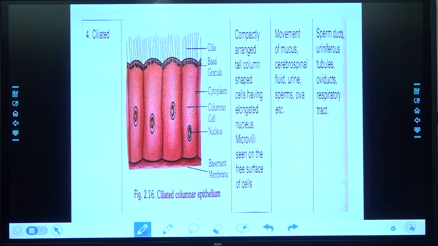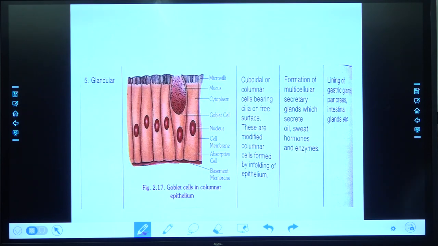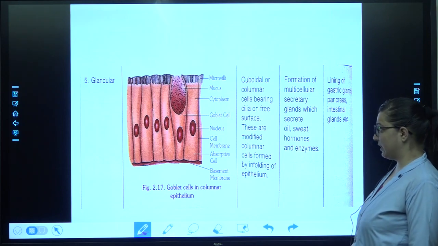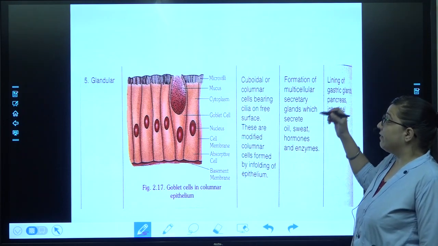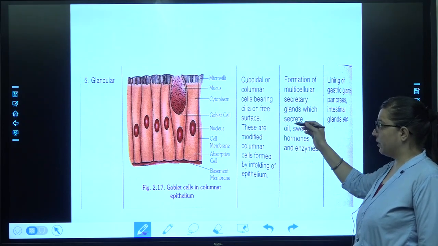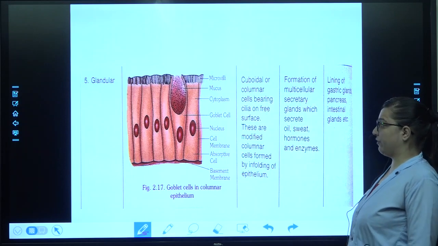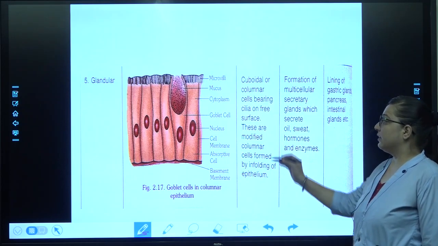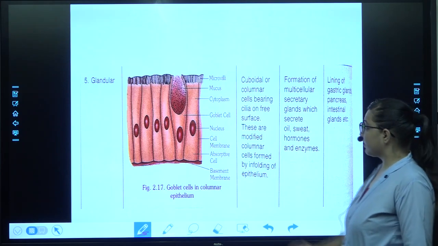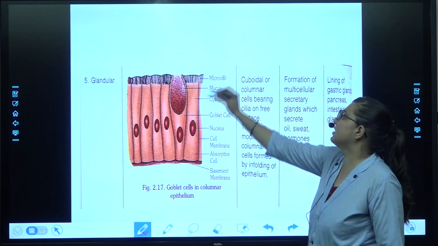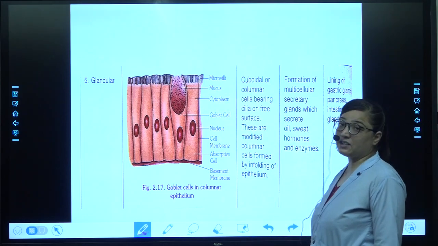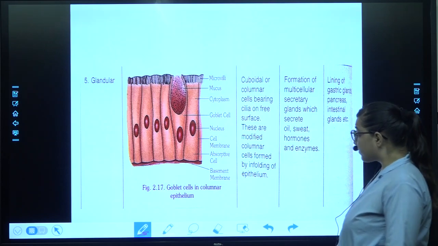Now let's move to the last type of the connective tissue, which is glandular tissue. We know that the structure is like this. Cuboidal or columnar, the cells bear cilia again on the free surface, and these are modified columnar cells which are formed by enfolding of epithelium. You can see there is a mucus-like structure here, and that is the structure which distinguishes it as the glandular cell,